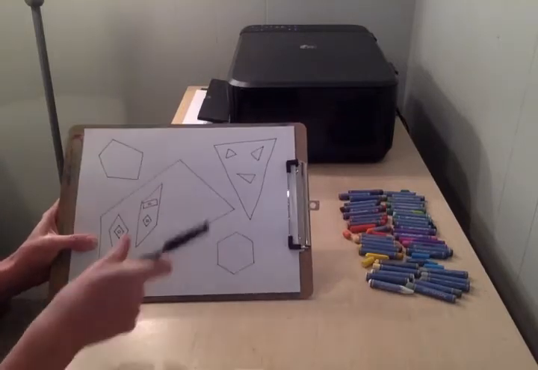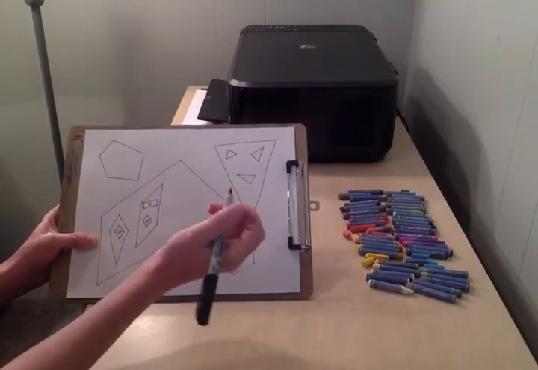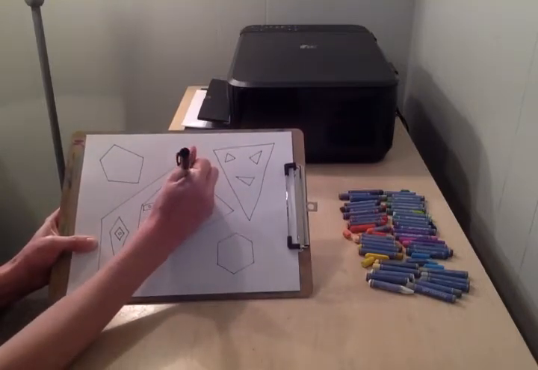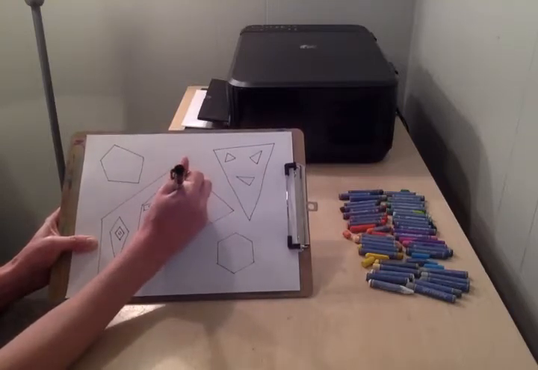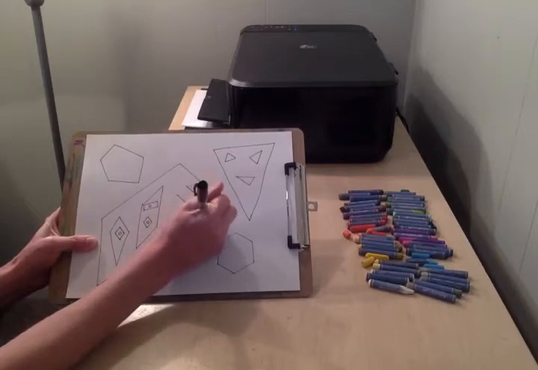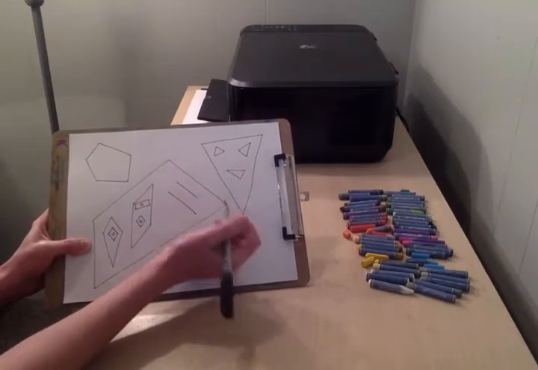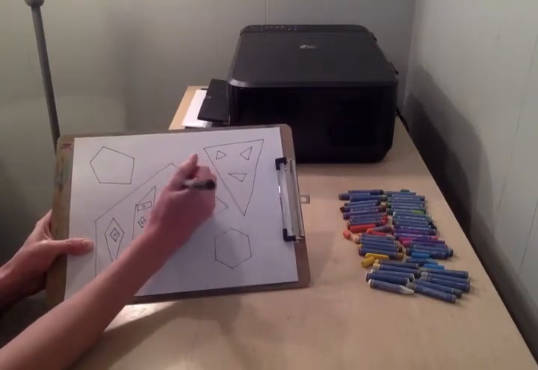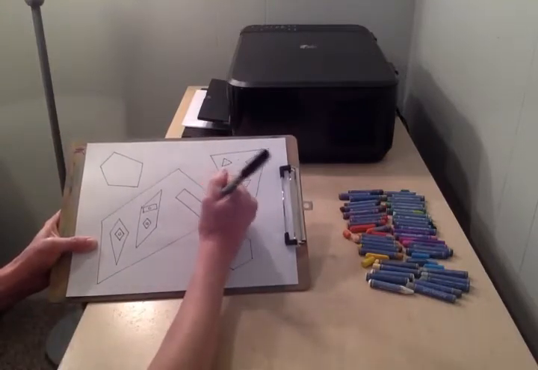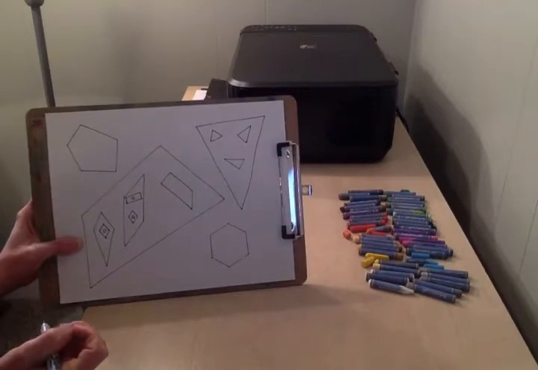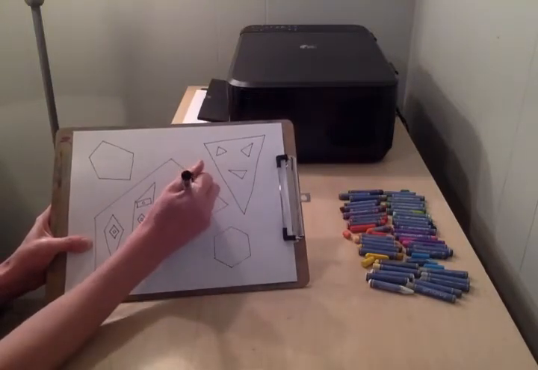Okay. And then on this side over here, we're going to do one more kind of quadrilateral, which is a trapezoid, where we have two sides like this that are parallel, but let's make this one straight and this one at an angle. So this is one kind of trapezoid, and inside of it we're going to draw an isosceles trapezoid, which is